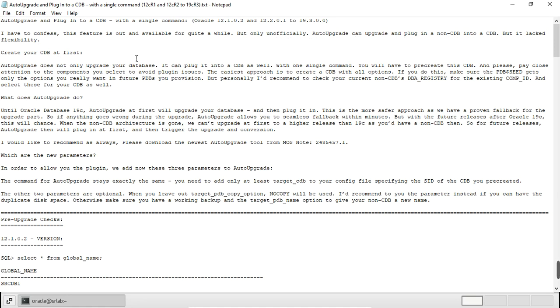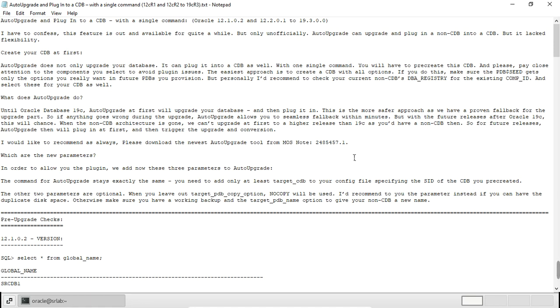Okay, first create your CDB. Auto upgrade does not only upgrade your database, it can plug into a CDB as well, with one single command. You will have to pre-create the CDB, and please pay close attention to the components you select to avoid plugin issues.